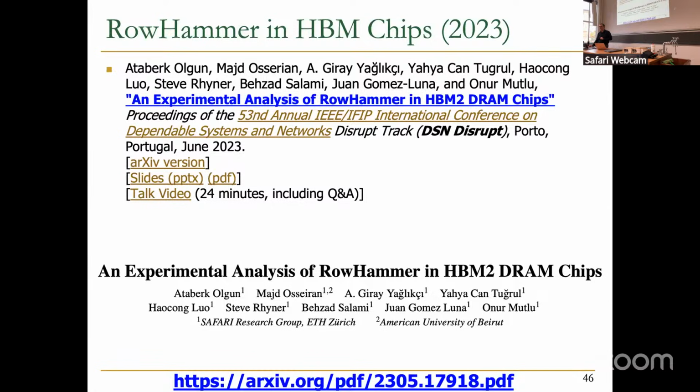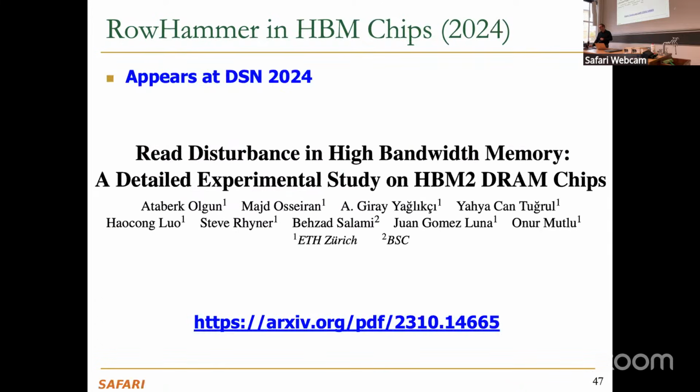So later, which I'm not going to go into, we have also looked at RowHammer in HBM, high bandwidth memory chips. GPUs use a lot of HBM heavily these days because they have high bandwidth, and GPUs require high bandwidth, both because they're highly parallel and also because the common applications run on GPUs today, which is machine learning, require very high memory bandwidth and also memory capacity. And we show that HBM chips are also very vulnerable to RowHammer. It's very similar essentially to DDR4. And the main reason is